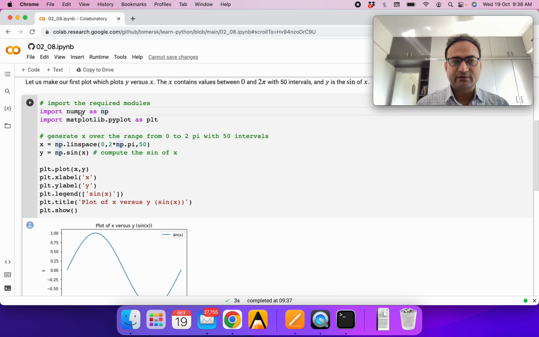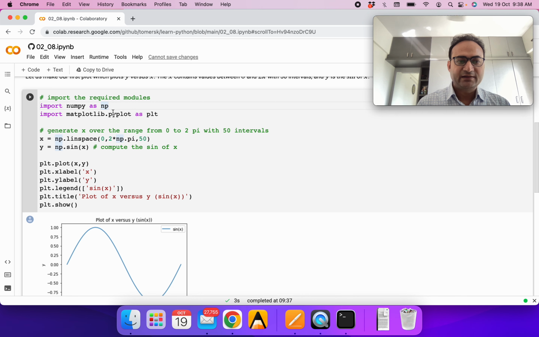So we can import our NumPy library and call it np. In a similar way we will import matplotlib.pyplot as plt. Many people use this, so it's easier to read, but if you want you can use some other symbols. Let's generate some x. We will use linspace. What it means is that it will generate linearly spaced, meaning uniformly spaced, numbers between 0 and 2 pi.